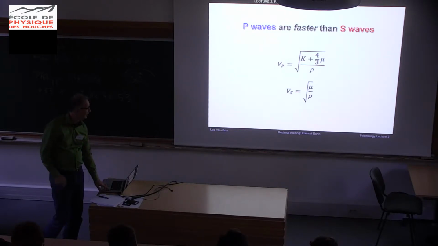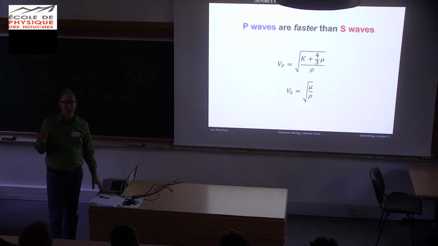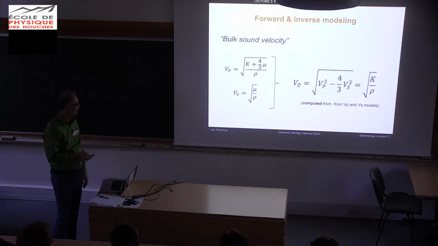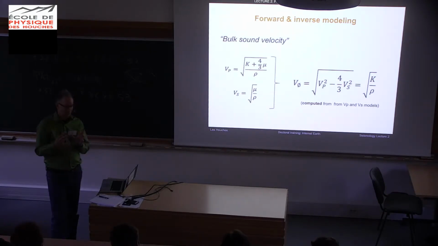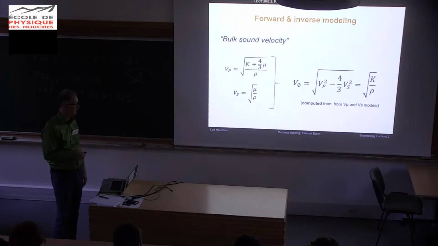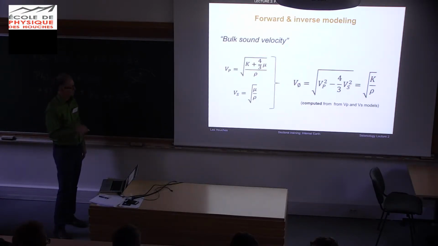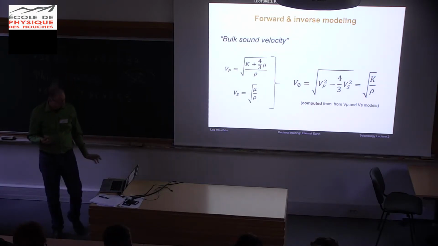You can combine these things, because here you could say, wow, it's nice to have a velocity that is completely due to density and something's resistance to shearing. And this is mixed, so we can combine these things and define something, this bulk velocity, that's just a factor of a medium's resistance to compression or incompressibility and density. So seismologists often bring in this bulk sound speed. It requires knowledge of both the P and S velocity, though, and sometimes that's not so clear.